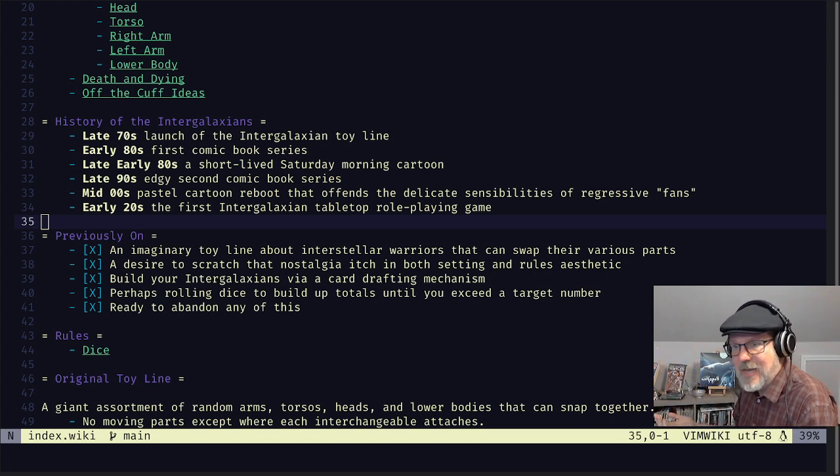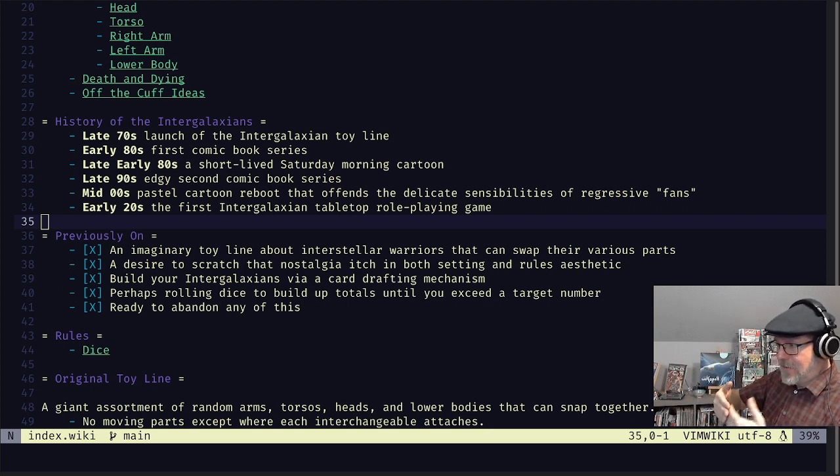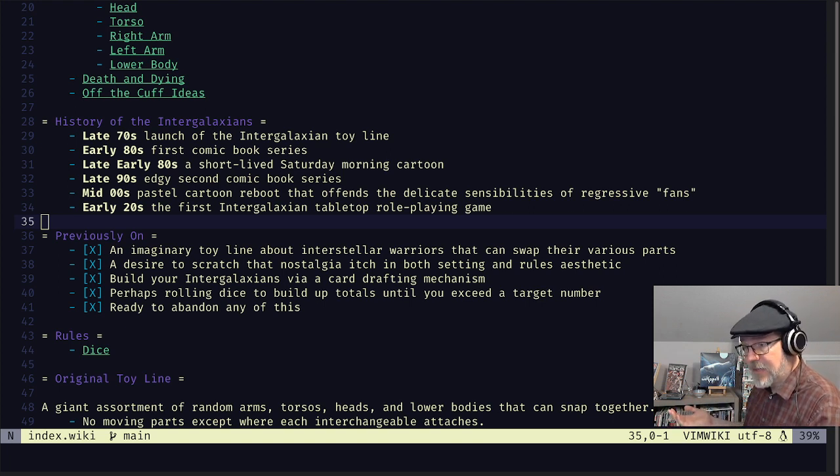they land somewhere. And now the story in the comic book takes place many thousands of years after that battle, when the civilizations that gave rise to the Intergalaxians have disappeared. And the Intergalaxians that we see are the only ones that are left. They're going around trying to collect their bodies together, or they have their bodies together and are just trying to find other Intergalaxians.